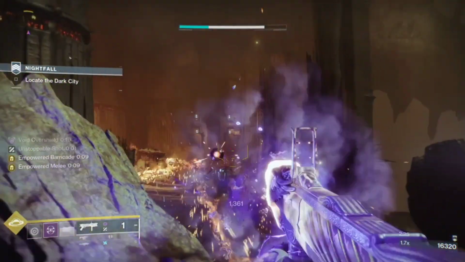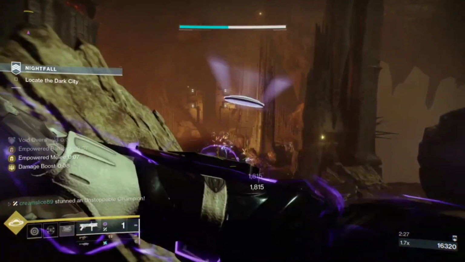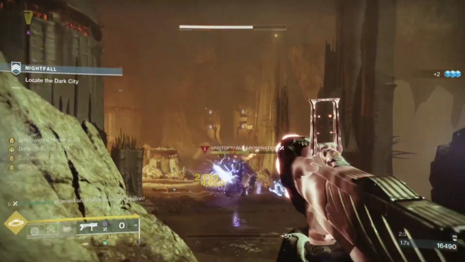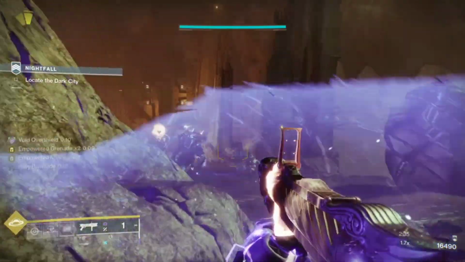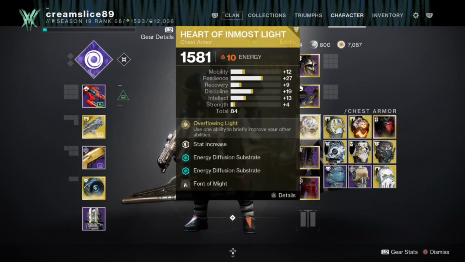We have Harmonic Siphon, so when we create orbs of power we can get Devour. Then we've got Rocket Launcher Ammo Finder and Elemental Ordnance, so when we get grenade kills we're making Void Elemental Wells. Unstoppable Grenade Launchers and Elemental Armaments. And we have the unstoppable, crazy broken Titan exotic that just makes any build in the game